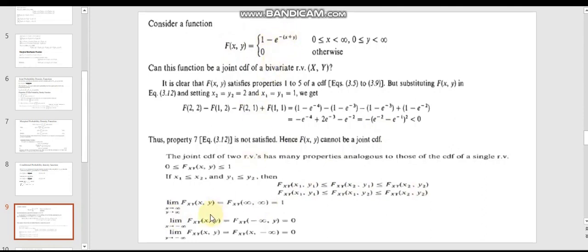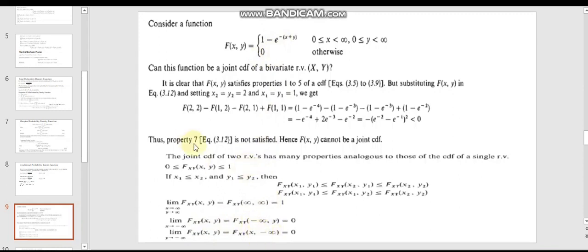So also this satisfies this property. And also another property: when x approaches minus infinity, then this function should be equal to 0. So when I incorporate here x approaches minus infinity and y approaches minus infinity, I will get this function 1 minus 1 should be equal to